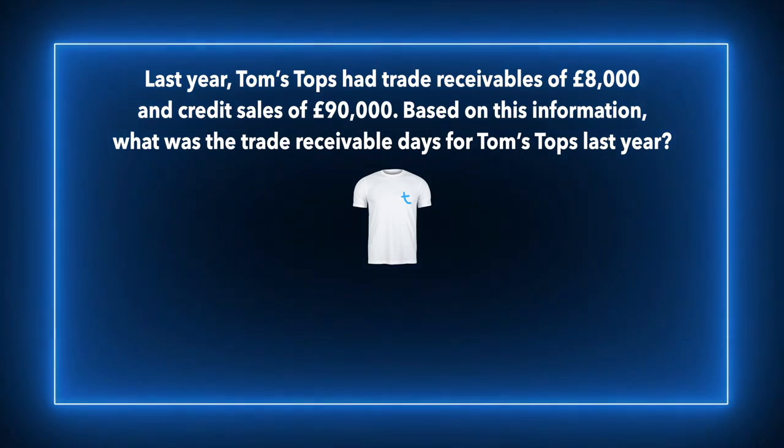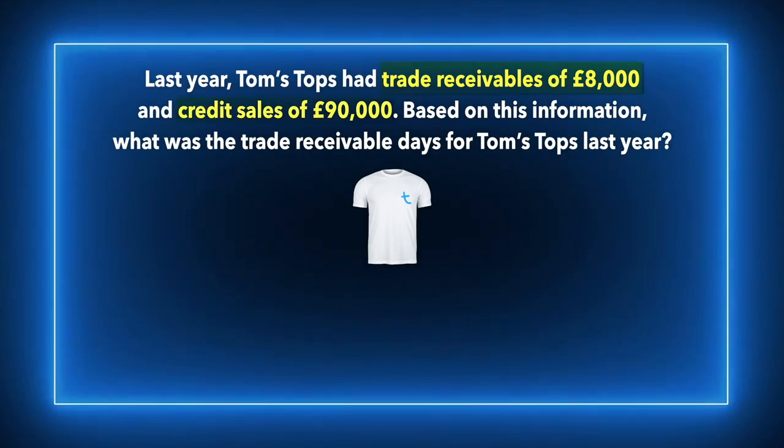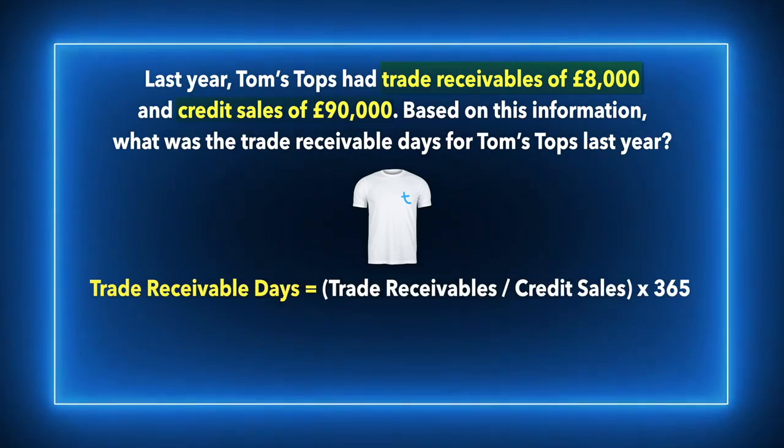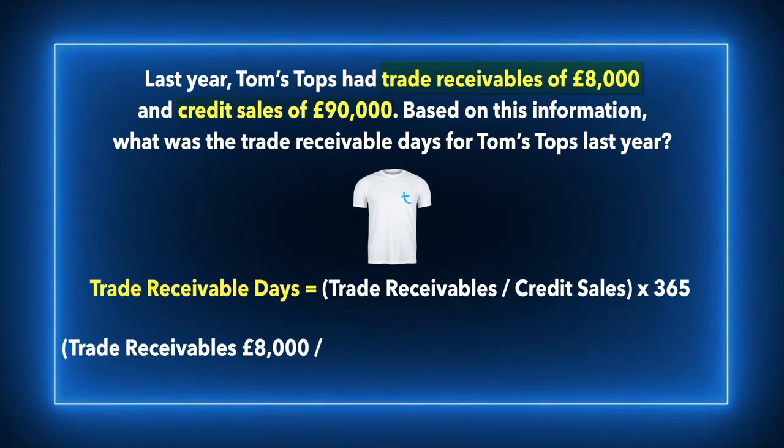Firstly, you need to locate the trade receivables figure and the credit sales figure, which in this example, the business has trade receivables of £8,000 and credit sales of £90,000. All you need to do now is apply the trade receivable days formula, which is trade receivables divided by credit sales multiplied by 365. So that's trade receivables of £8,000 divided by credit sales of £90,000 multiplied by 365, which